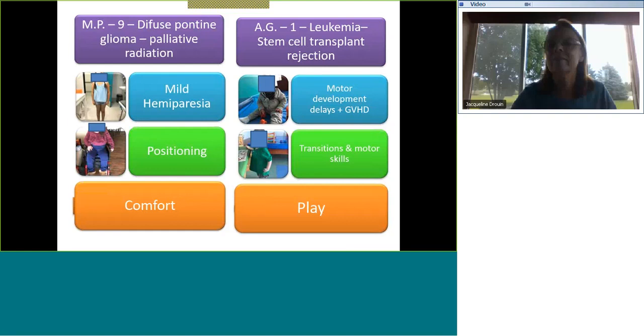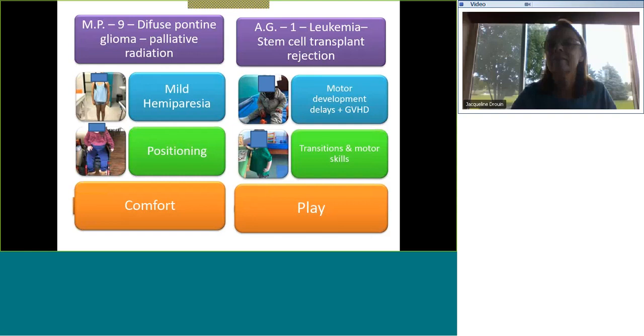Now, sadly, the symptoms progressed, and in the end, we could only help her by positioning and keeping her comfort and good quality of life. And even though she could not move in the end, we kept her involved in games until her last day. So the conclusion in this case was that we kept her playing and in comfort until it was her time